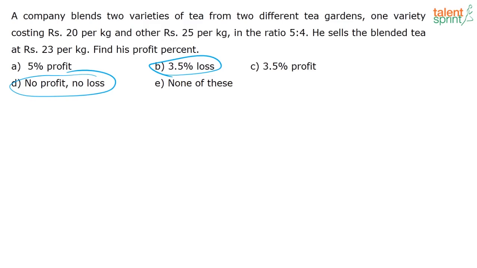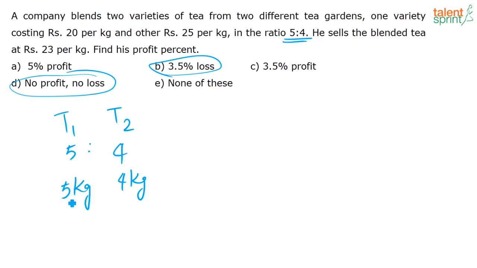So first, let us see what is the ratio that is given here. There are two types, type 1 and type 2. They are mixed in the ratio of 5:4. When solving such questions, go with numbers. Let us just assume that we have 5 kg of T1 and 4 kg of T2. This is the easiest numbers that you can choose, because they are mixed in the ratio 5:4.